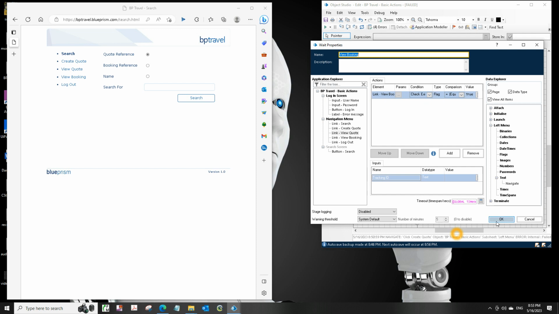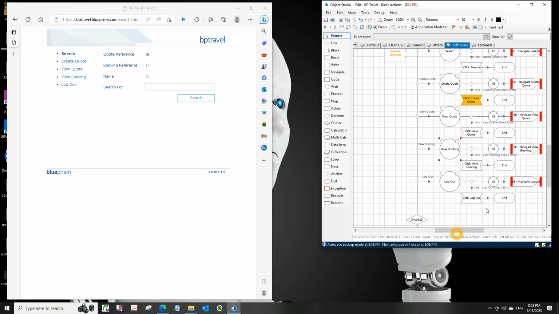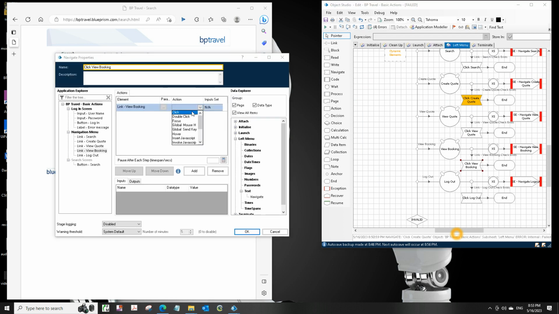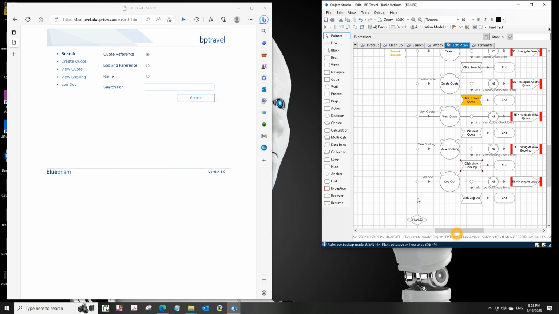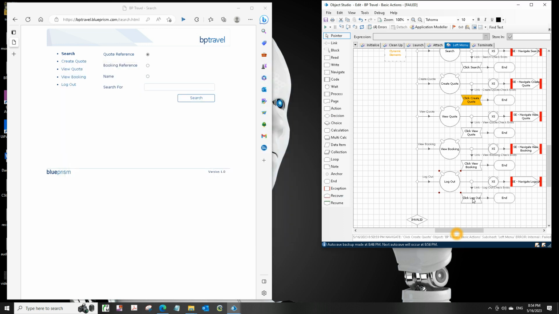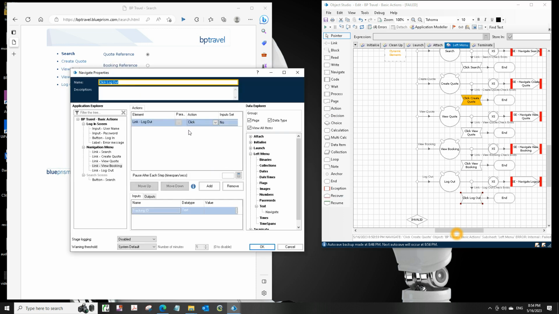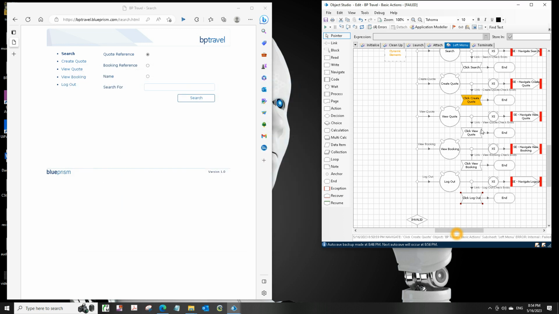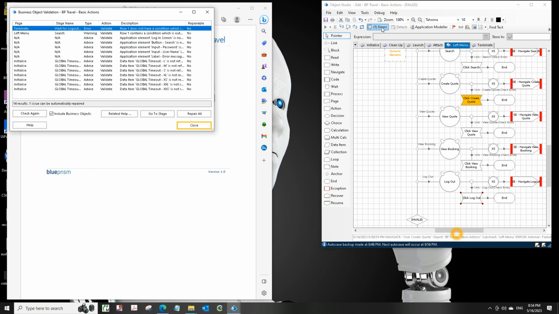So link is what we're looking for. We're looking for view booking link. If you're able to find it, then go ahead and click view booking. Again, I'll need to add a click item here. Same thing for logout. Look for the logout link. If you find it, go ahead and click logout. And this one has a click in it already, so great, it works fine. So those are the things you might need to do to fix this model. So if I open the errors now and say